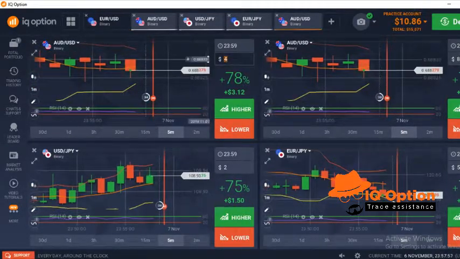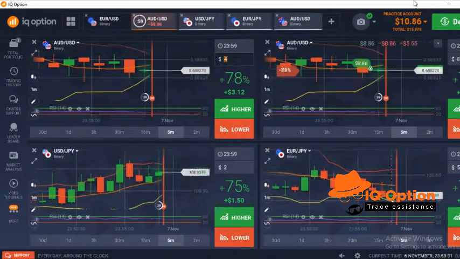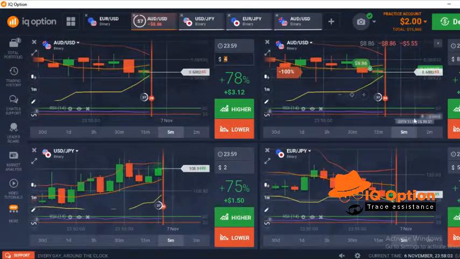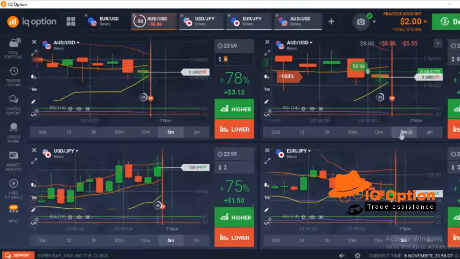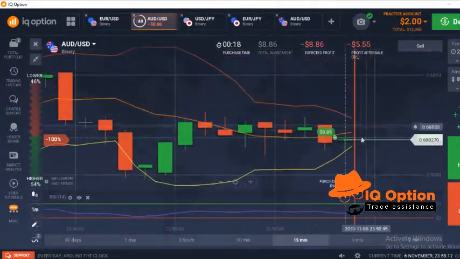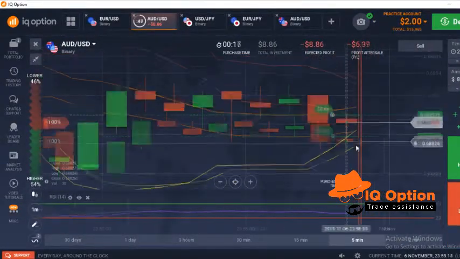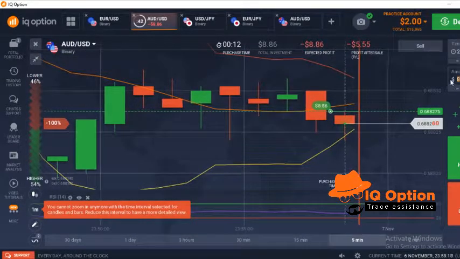It's a bit unstable, so we make our trade to higher. We are a bit late, so we wait, but I see it keeps coming down to the correct place to trade. So I'll trade with the remaining $2. We put a trade of $8. Remember, this is a very risky way of trading,